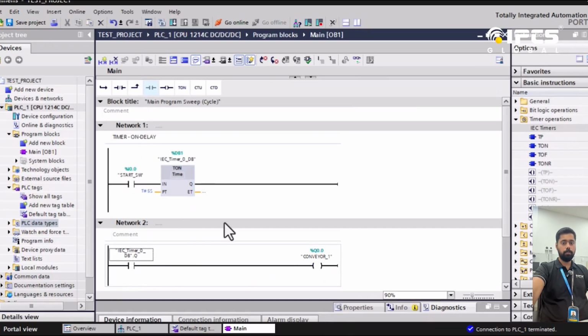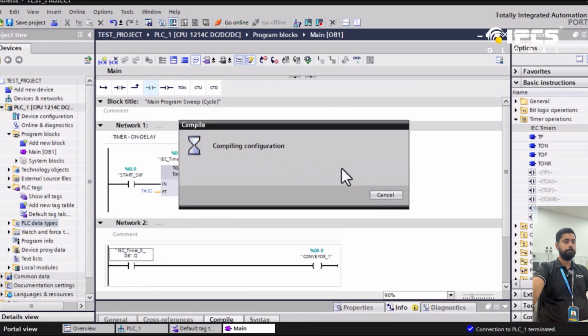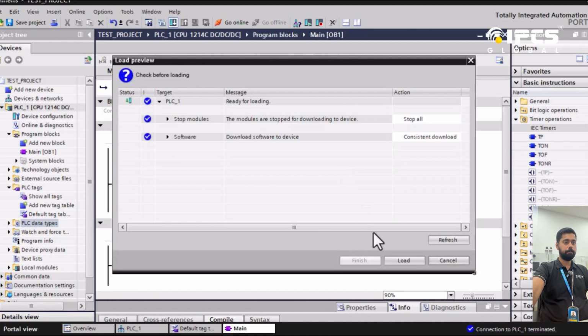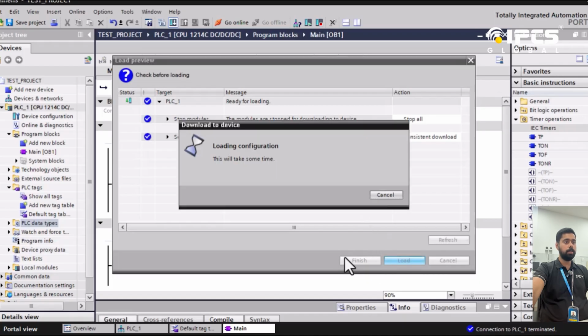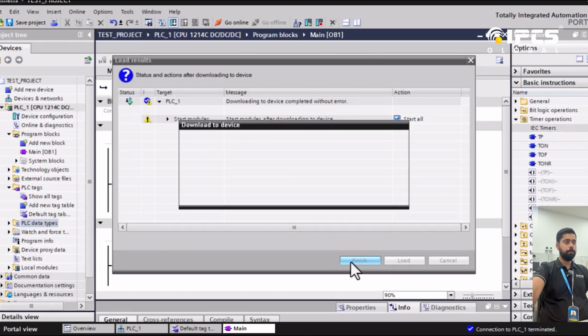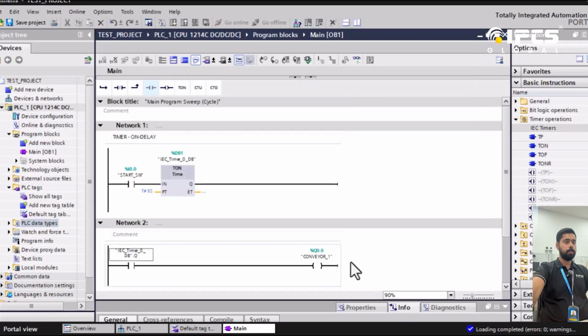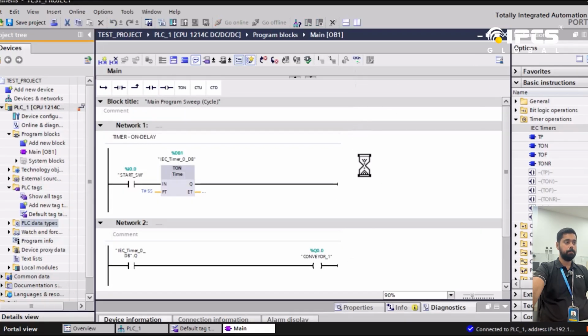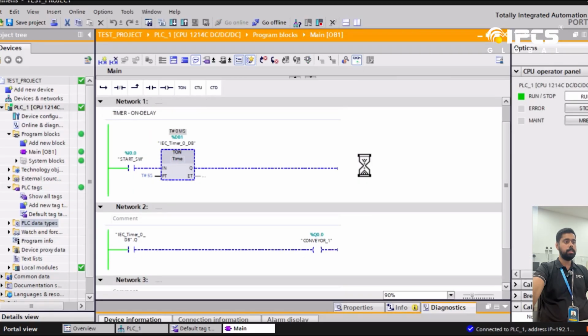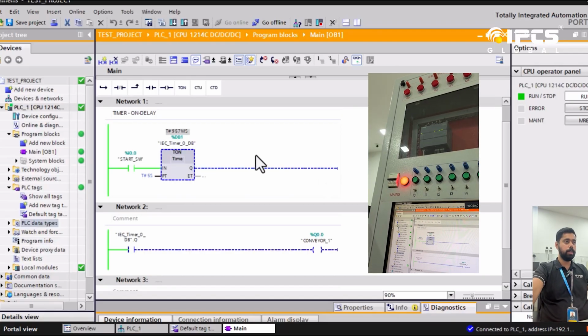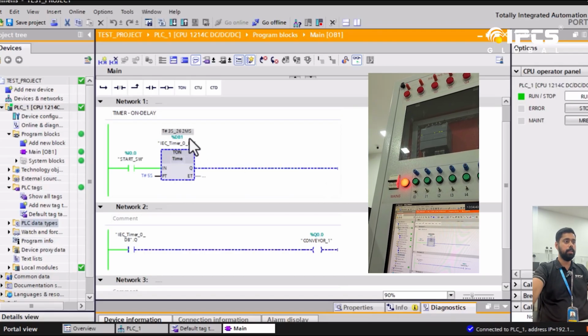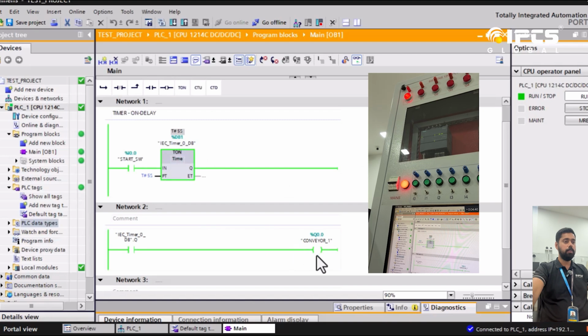Now as we all know, we have to download the program and start the monitoring. We have to load the program to the controller. Once the loading is completed, we'll be moving to the monitoring section. And once the monitoring is started, we'll be turning on the input, so that you can see on the screen the timer is working, and after the particular delay of 5 seconds, the conveyor 1 will be